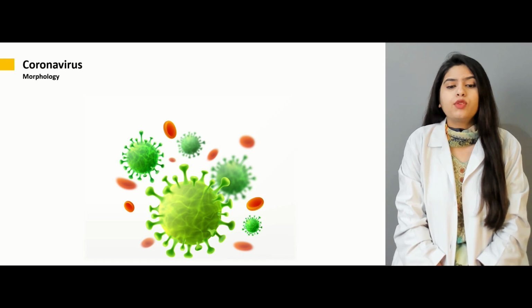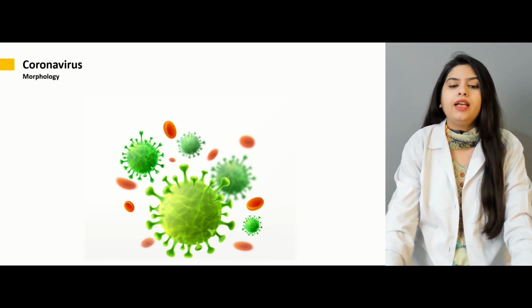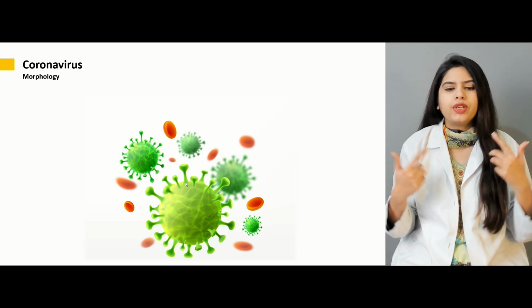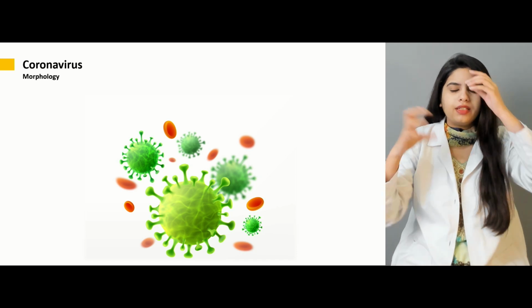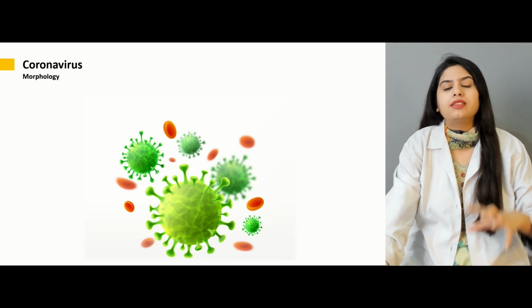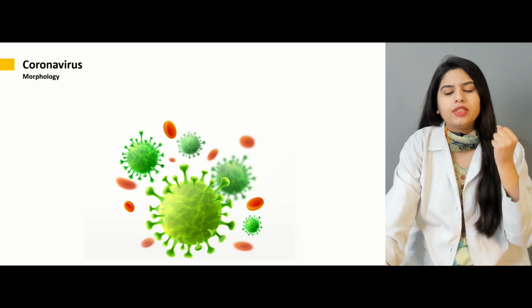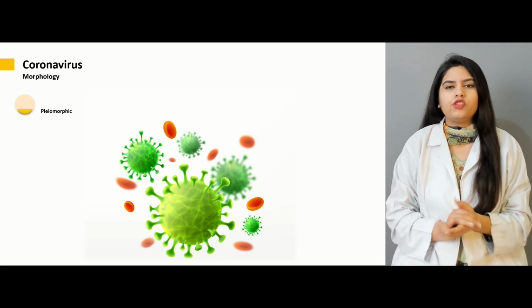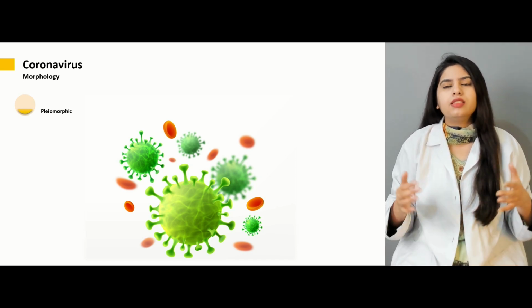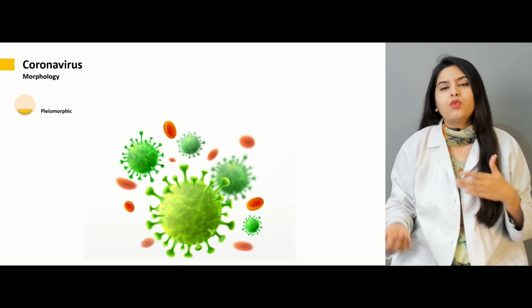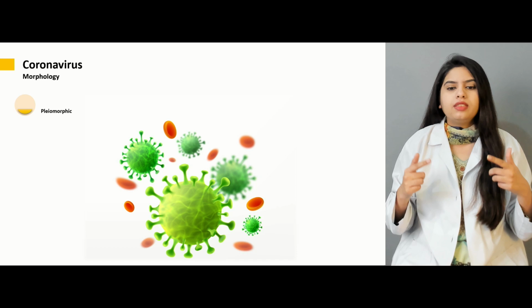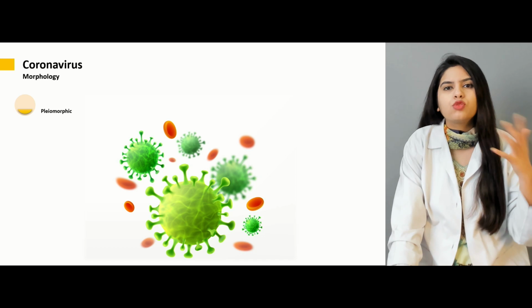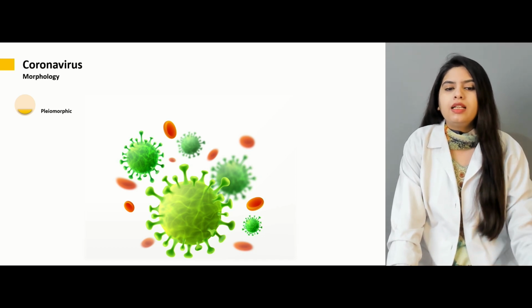First of all, if we talk about the morphology of the coronavirus, I have explained that it is a lipid enveloped virus and consists of various spikes on its structure, which give it the crown-like appearance. So this coronavirus, or crown virus, is pleomorphic in nature. Pleomorphic means that this virus has more than one distinct form in its life cycle. So this is a prominent feature, that the coronavirus is pleomorphic. Maybe it has two or more distinct forms during its life cycle.